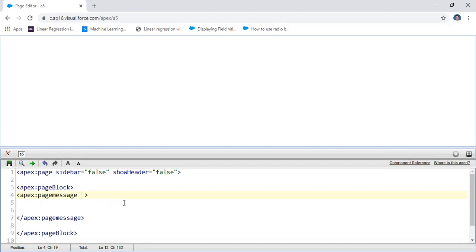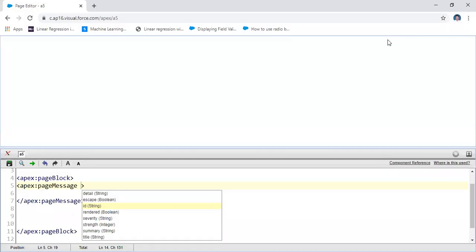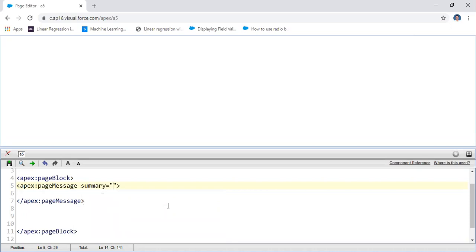Under this you have different attributes. You may take any attribute. For example, you have a title, you have a summary, and then you have a severity, and then you have a strength. That means I'm taking the summary attribute. For example, this is a warning.